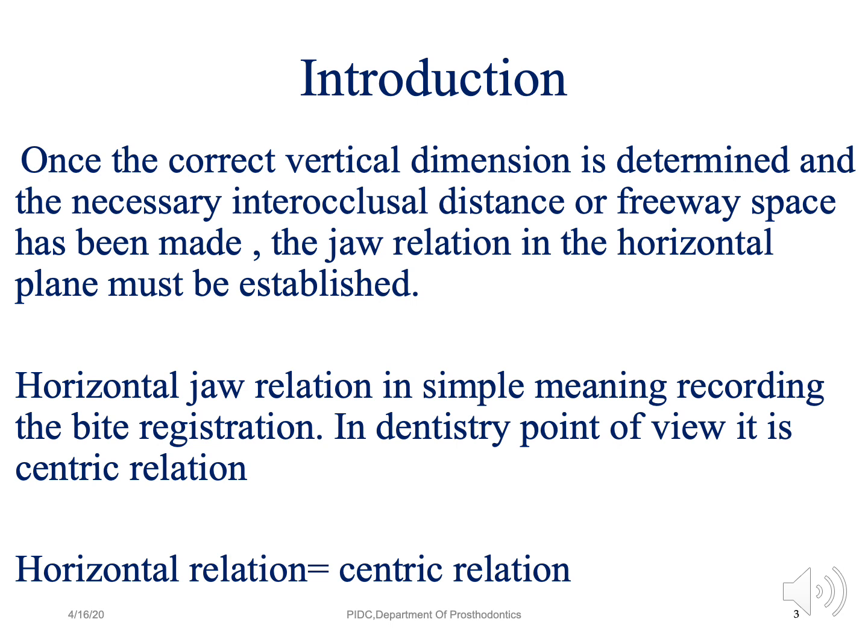In a simple way of saying, centric relation or horizontal jaw relation is bite registration. That means after you've done all the vertical relation, you ask the patient to bite, and the patient is going to bite in a specific way. Now, when he bites in a specific way, is he biting the right way or not? From a dentistry point of view, you are doing a centric relation. You have to do a relation in which the patient can reproduce this bite every time. That's the reason we're going to learn about it now. So horizontal relation, remember, is nothing but centric relation. You have vertical relation, orientation relation, and horizontal relation, which is the centric relation.